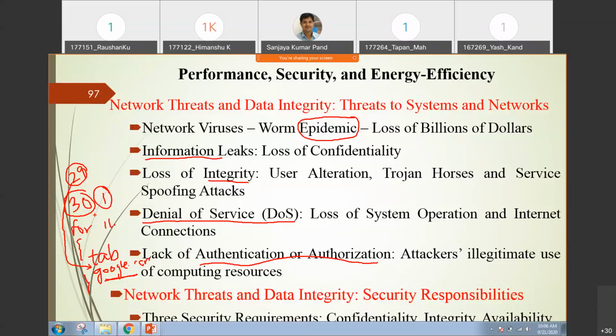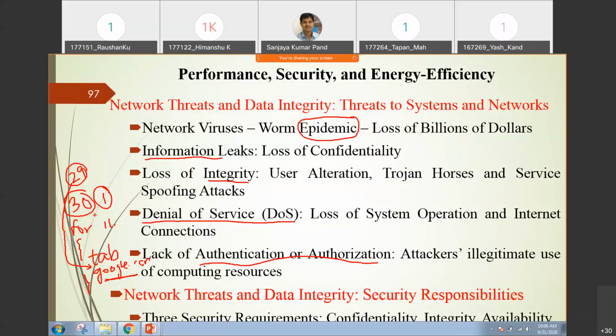Authorization means you are delegating your power to somebody else. For example, you share your username and password with another person. That person will use the username and password to enter the system as a genuine user. People do this, like one person may have a Netflix account or an Amazon Prime account. In order to watch the movie, we share our username and password with our friends, so they can also view the movie, and we can also view the movie. So that is called authorization.